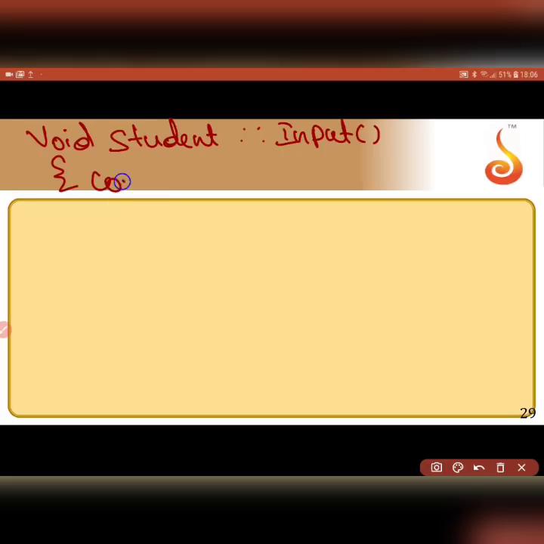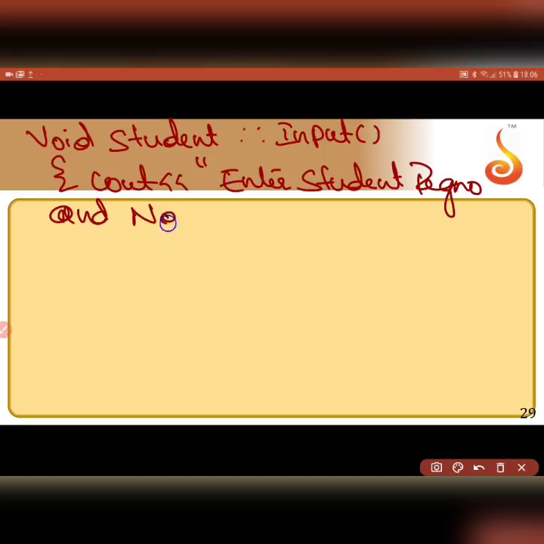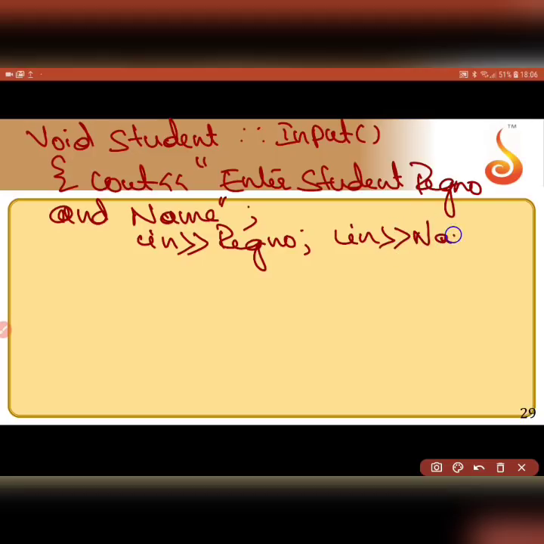Open it, cout, enter student registration number and name. I am asking the user to enter the student registration number and name. Cin registration number, cin name. So my function gets over here.